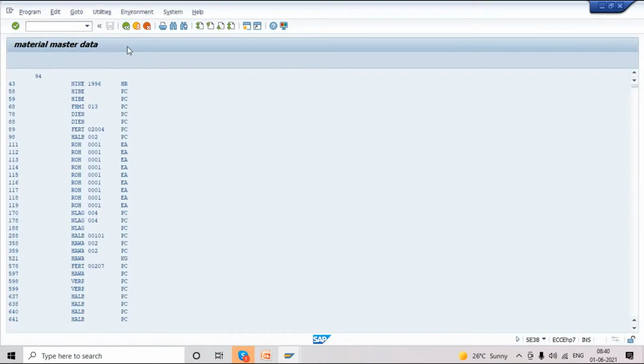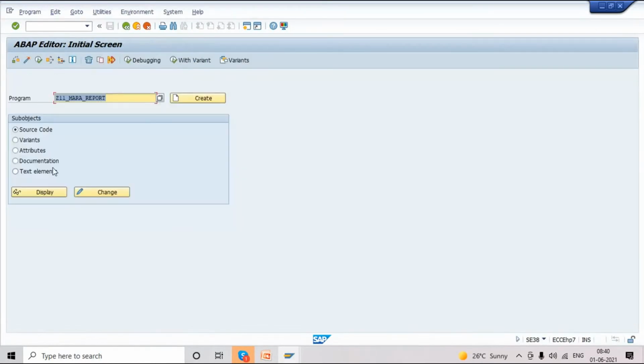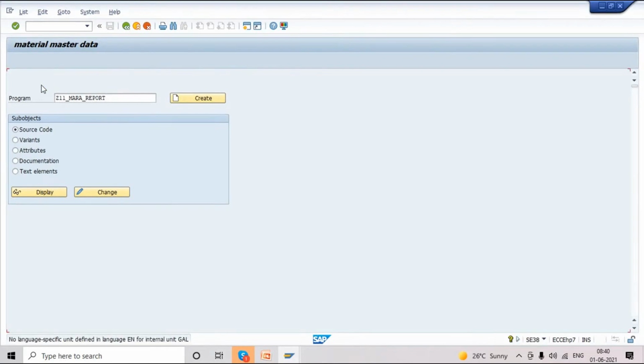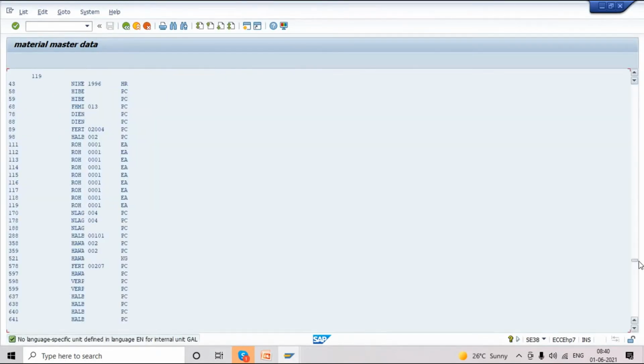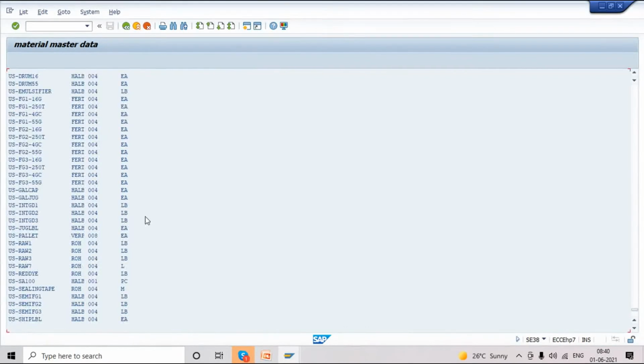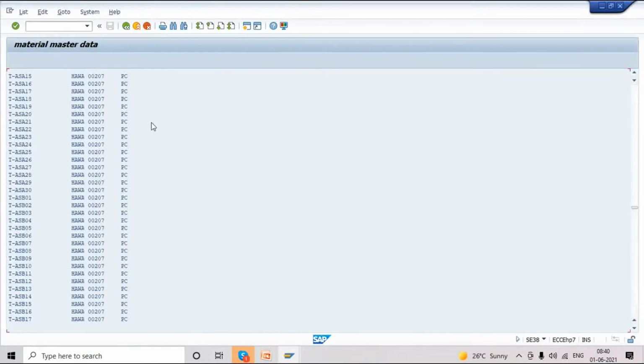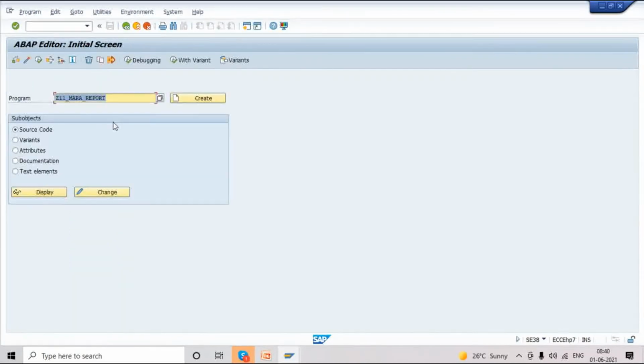So we'll try one more value. 58 is the second value of the table. Okay, we'll try the last entry of the table. So I'm just scrolling down. We'll take this value, TA28.